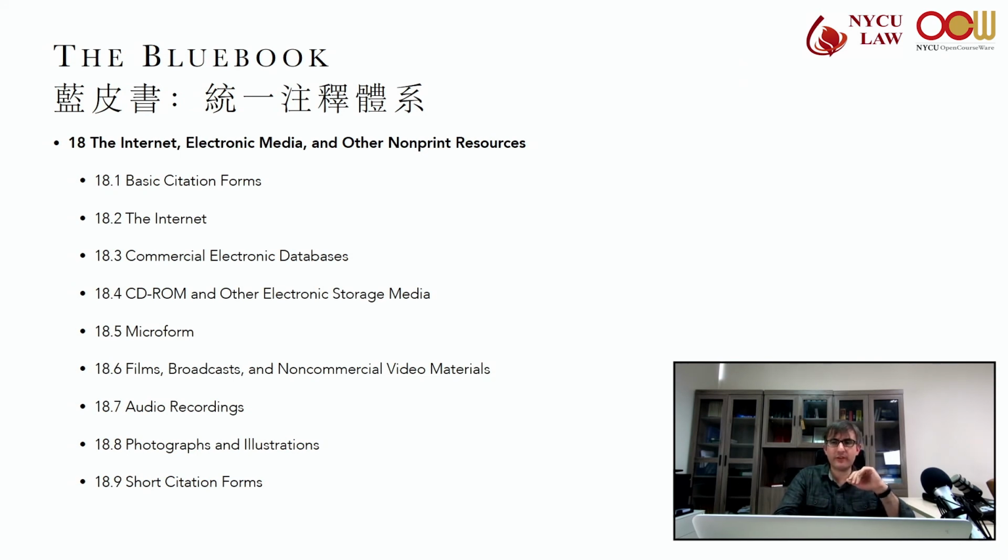So photographs and illustrations, this is Rule 18.8. Here we're using untitled photographs, using the artist's name, then followed by photography or illustration of, provide a description, and then in italics, provide the full citation of the applicable work.